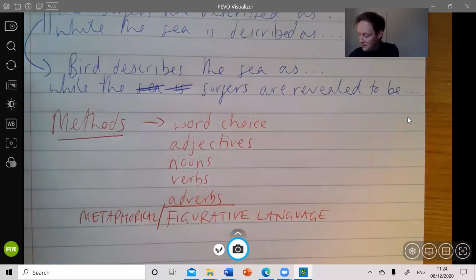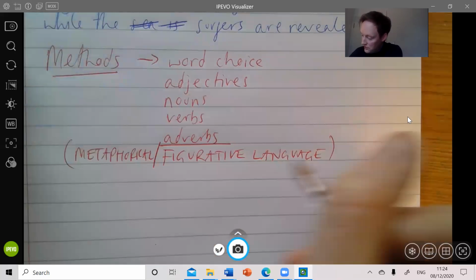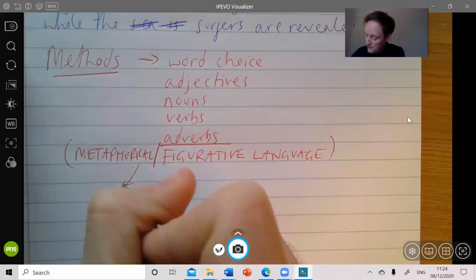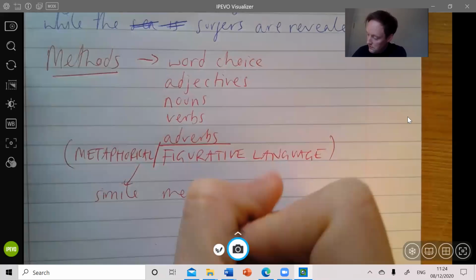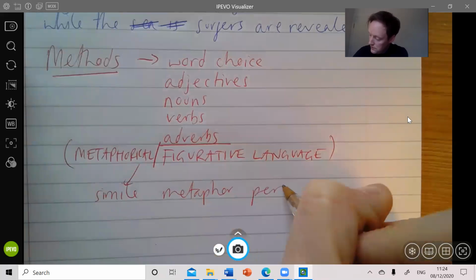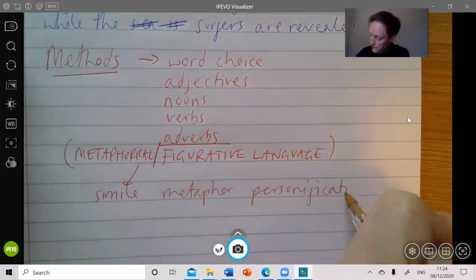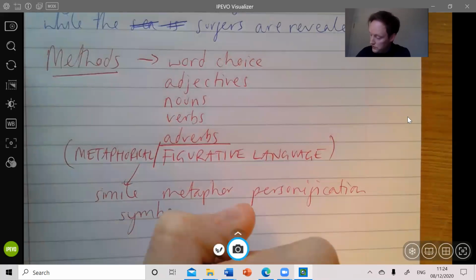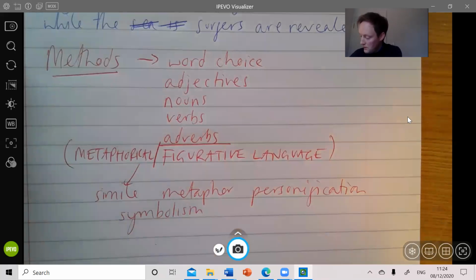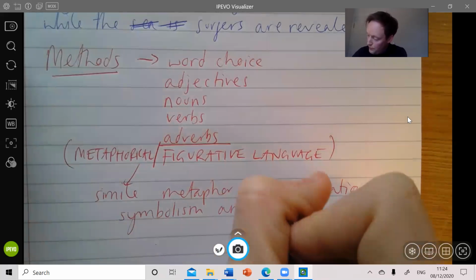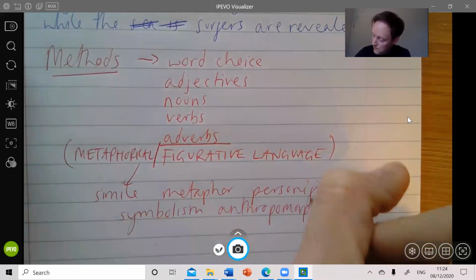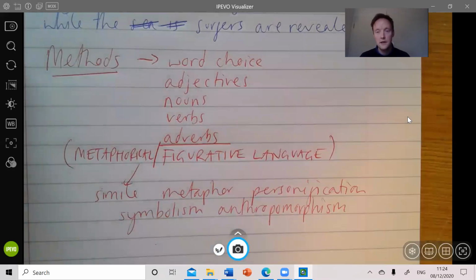So within this categorization, you then have simile, metaphor, personification, symbols or symbolism, anthropomorphism, etc., etc. Now, if you do know what each of these individual things mean distinctly, then that's lovely. That's good. Use them. But if you don't know what they mean, then it's not really the end of the world,